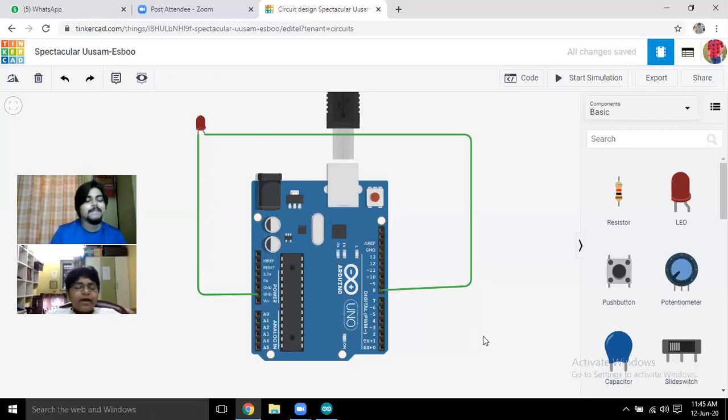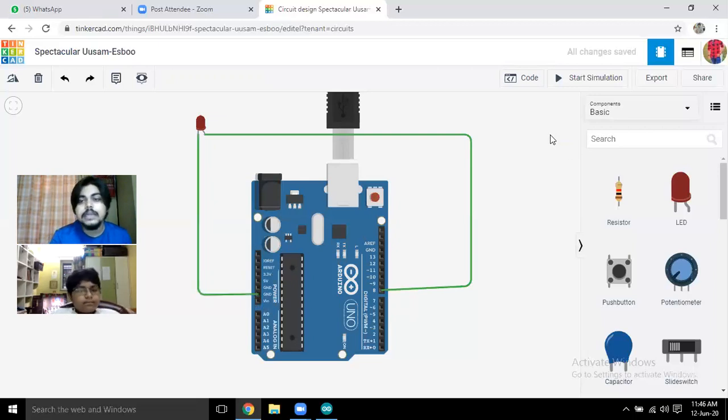Okay. Then why are we connecting the cathode of the LED to the analog line? No, it's not the analog section, it's the power section. From A0 to A5 is the analog section. See, this is the power section. We could have connected to here also. We just needed a ground. Wherever the ground is, we can connect the negative part of the LED to that. So we have connected the positive strand to 8 and the negative strand to ground.